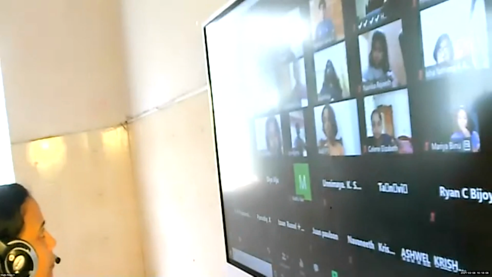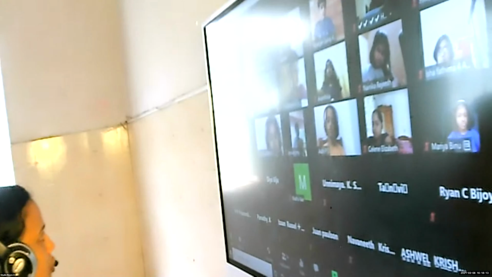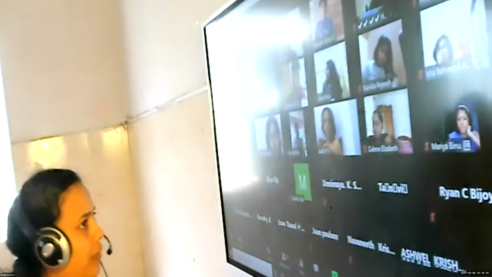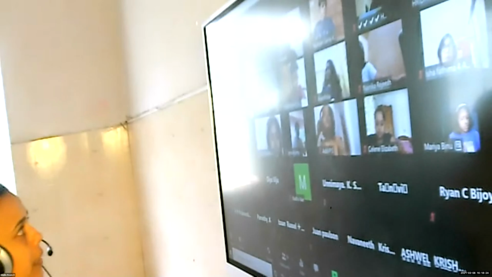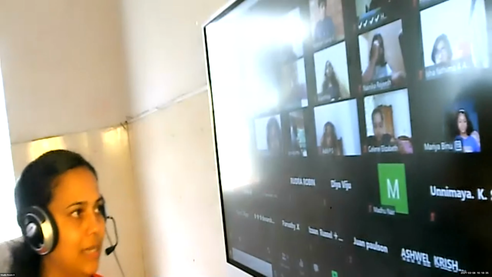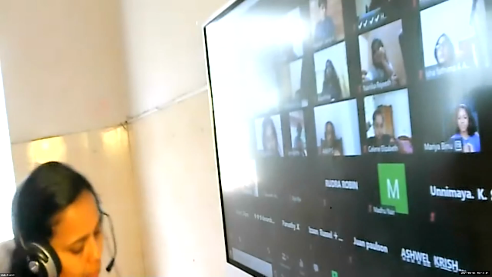Rupees 6 is equal to 600 paise. Srihari, please mute your audio. 6, then how many zeros do we have to add? 0, 0. 600. So that means rupees 6 we multiply by 100, so we will get 600 paise. Question number 2. 550 paise is equal to dash rupees. 5.50, because we are making the decimal point 2 digits. That means divide by 100. 5.50. Okay, question number 3.